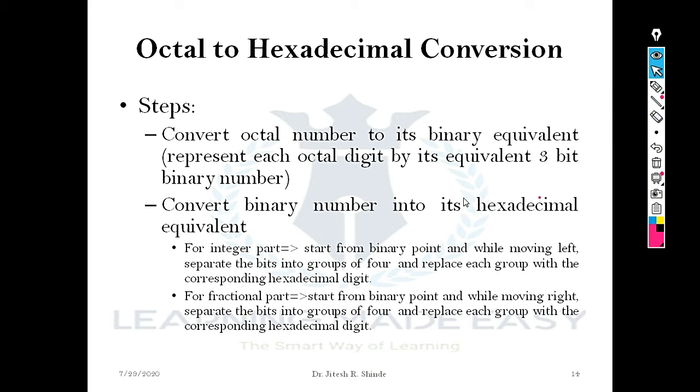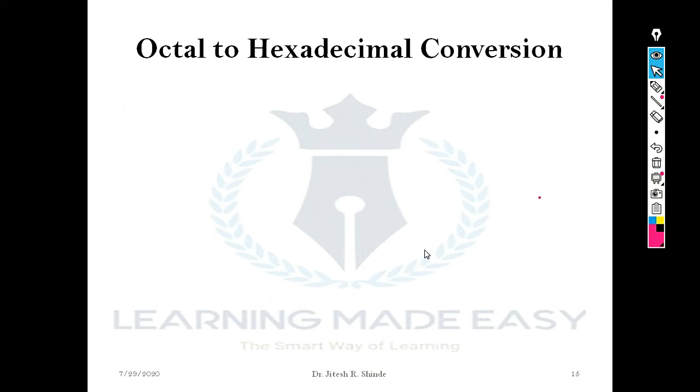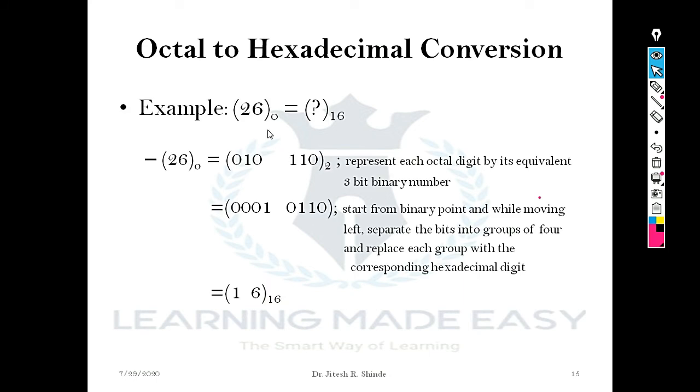So let's see an example of how we can do this. The number 26 is specified in the octal number system. First step, using the knowledge of the 4 2 1 code, we have to convert it to binary. I need to first convert 6. 4 plus 2 is 6, so 4 and 2 are involved in the addition; for these two digits I write 1. 1 is not involved in the addition, so I write 0. So the binary equivalent of octal 6 is 110. Similarly for 2, only 2 is involved in the addition, so the binary equivalent of octal 2 is 010.